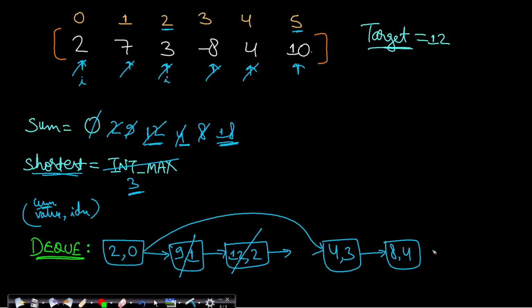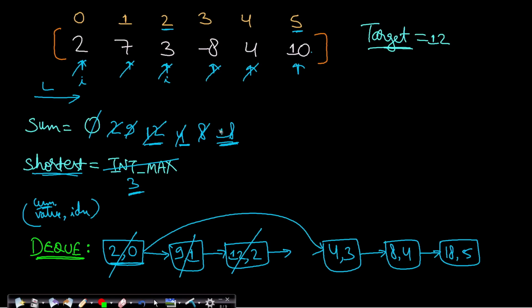Now can we insert 18 here? Yes, you can always insert 18, right? So you can insert it at the end like this, or you may delay the insertion, you may do some other process. So if you insert it here, then try to compare it with the beginning one. So if I happen to remove the beginning one, like I have found a window with sum greater than equals to target. So the second thing is we want to compress from the left side. How do I compress it? You check with the last element. If I subtract 2 from 18, will my sum be still greater than equals to target? Yes, it will be. So just pop it out.